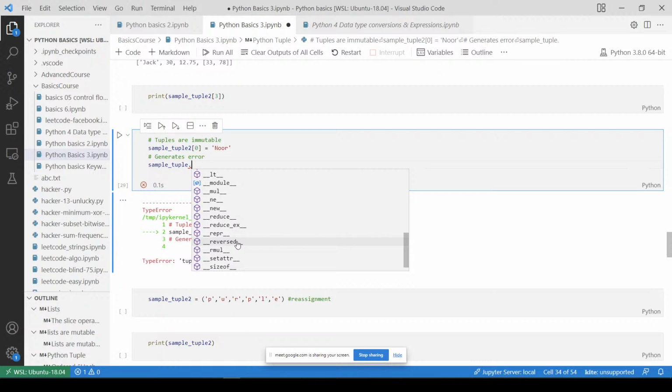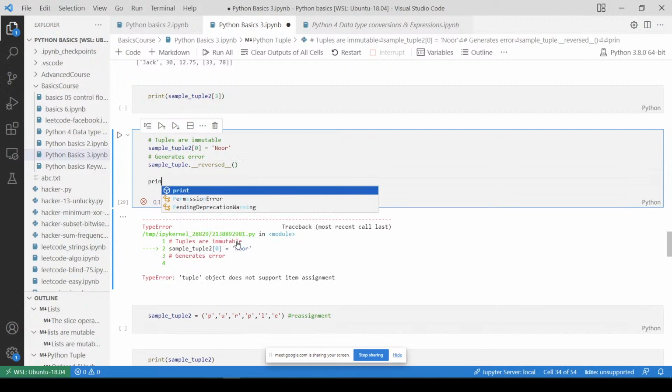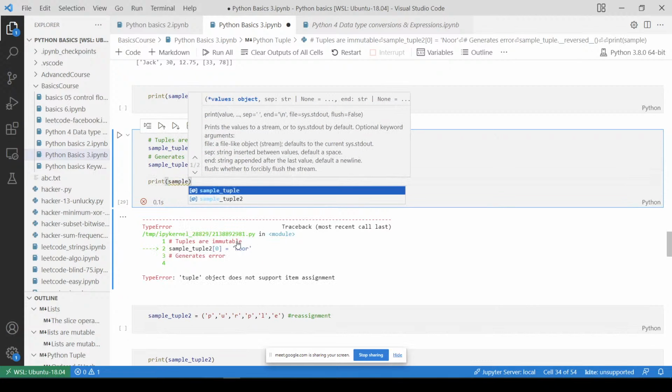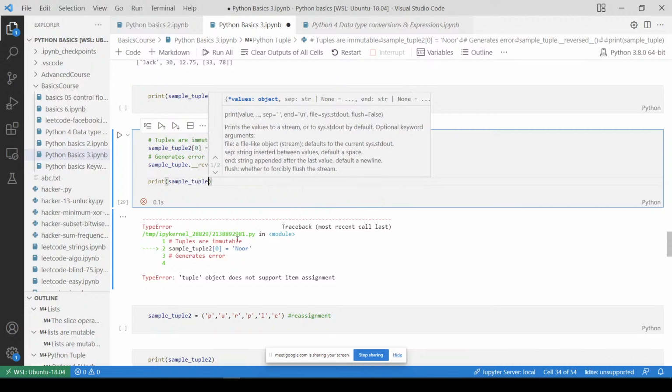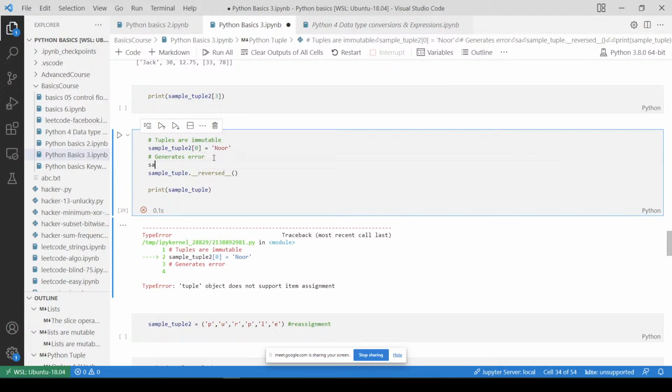So if you use reversed, and then if I print sample tuple, I'm still going to have the same order. For easy understanding, I'm just going to make sample tuple as 1 2 3 4 5, and use the normal brackets, remember, for tuple. So when I use the reversed function, and then I print the sample tuple,